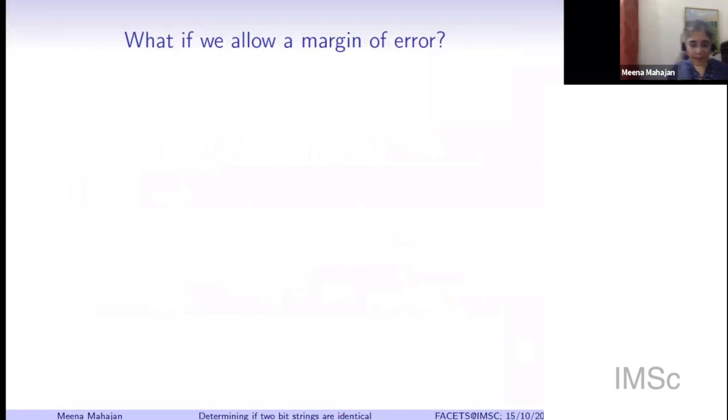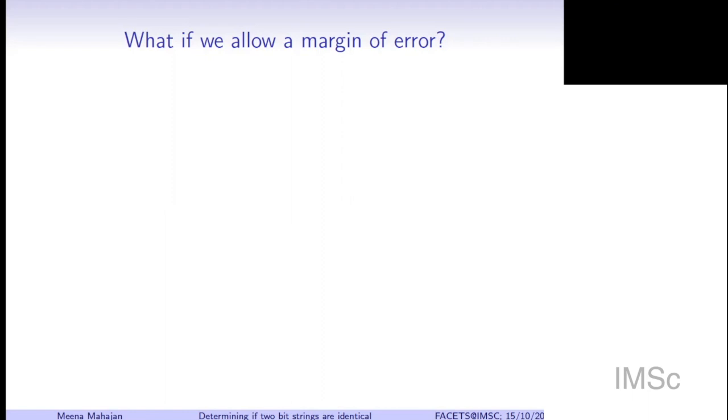Okay, so let's move on. If we want to solve this question, deciding equality, it looks like we need to communicate n bits. What if we allow a margin of error? We want to solve the same question, but the target audience here is students, right? Every time you solve an assignment or write an exam, you're not always aiming for 100%. If you can prepare well enough and get 95%, perhaps you may be satisfied.